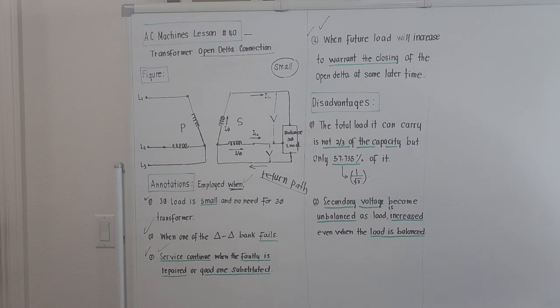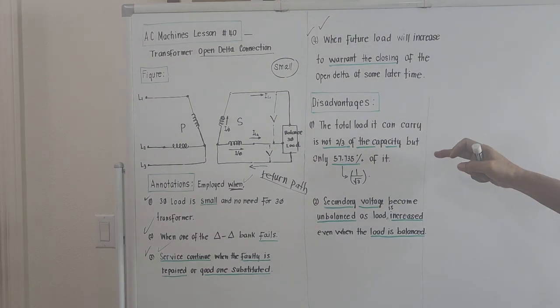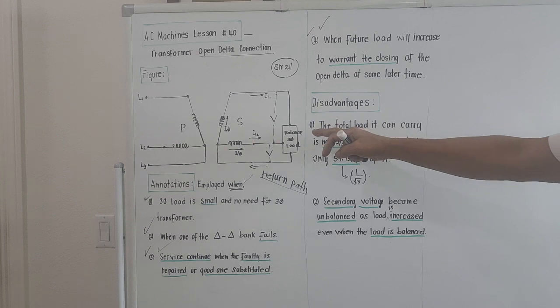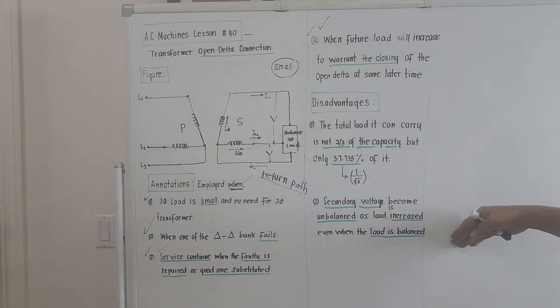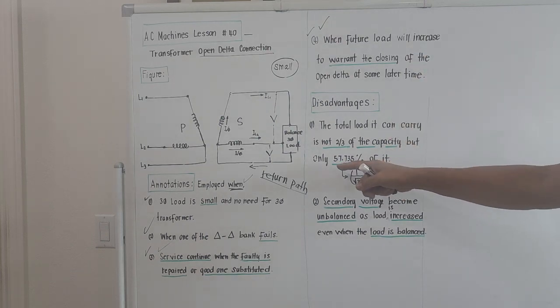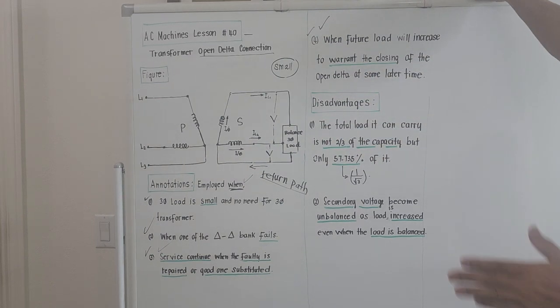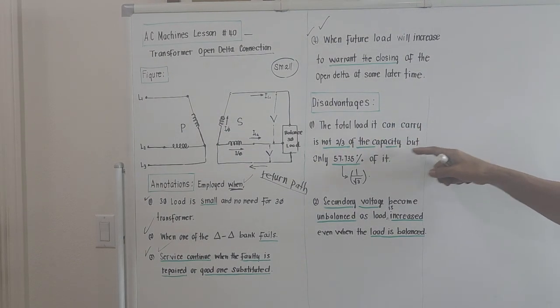Storytelling. For the disadvantages, I will try to prove this one the next time around, because this could be proven. Disadvantage number 1: this could be proven by presenting an equation, and we will be arriving at the value of 57.735. Disadvantage number 1, the total load it can carry is not 2/3 of the capacity but only